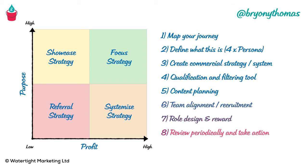And then the 8th way to use this is to review periodically and take action. So have the clients change. So it might be that on a quarterly basis you go through your client mix and you organise them into the boxes. And if somebody has moved from being what was a focus into a no-no, so let's say when